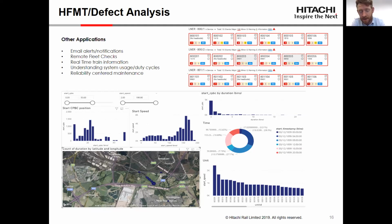But remote fleet checks and remote maintenance, remote fleet checks for a start. If I have a problem with the software, I can look at any one fleet within a relatively short period of time to prevent people having to go to units. I can click on the units. We have a monitoring tool that you can see on the top right hand of the screen, and I can interrogate a number of real-time signals coming from the train. So that gives me and maintenance controllers the opportunity to make quick decisions and the correct safe decisions should they need it,